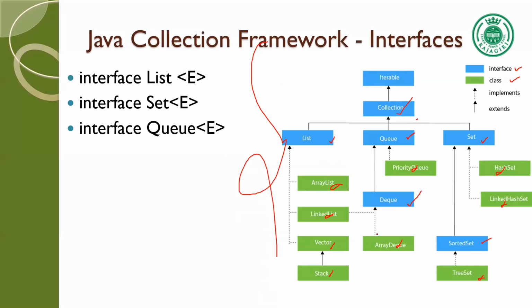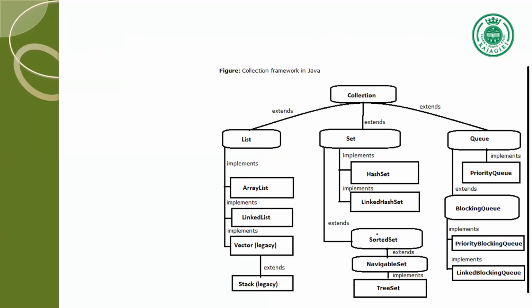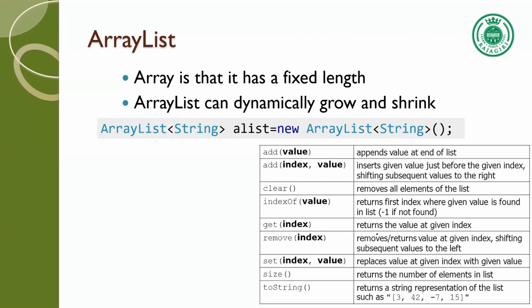Interface. ArrayList class. ArrayList is a class from the interface. Now we will be seeing many today. We will be seeing ArrayList, linked list, and all that. Now, ArrayList will have a fixed length, but you can go on growing it. When you add elements, you can grow it, and when you delete elements, you can shrink the